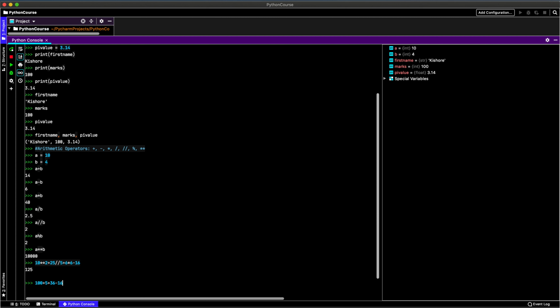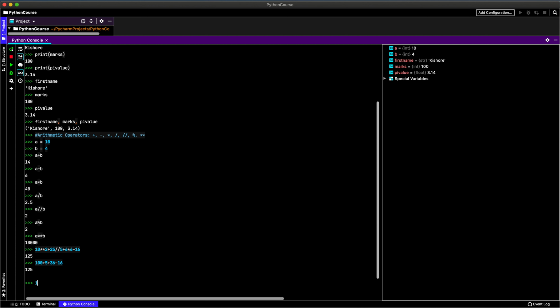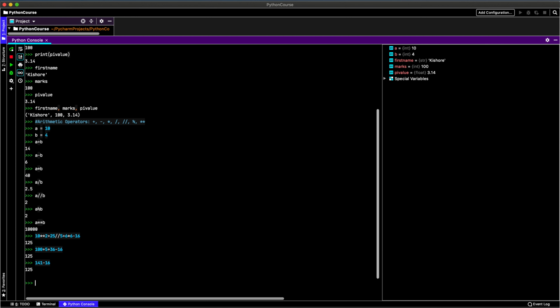Again from left to right, the order of operations is addition followed by subtraction. Now all the figures like 100 plus 5 plus 36 will be summed up first, and from the total 16 will be subtracted, meaning 141 minus 16. If you hit enter now, the result is 125.